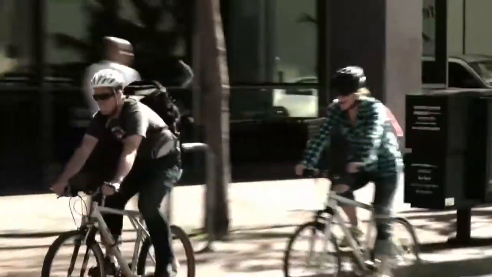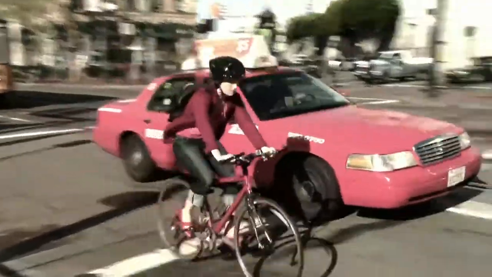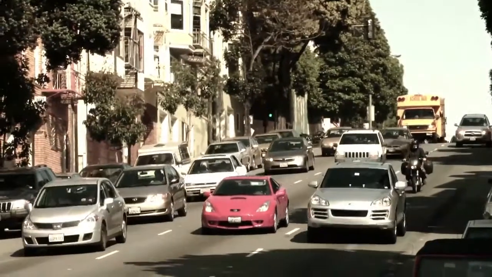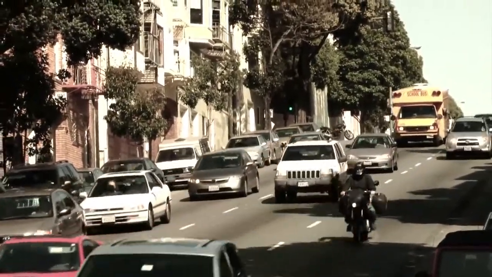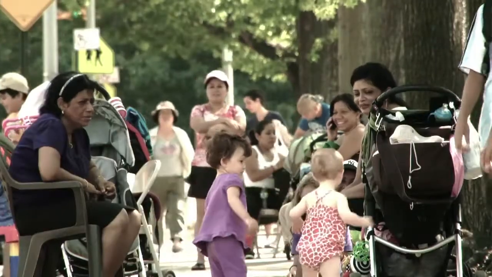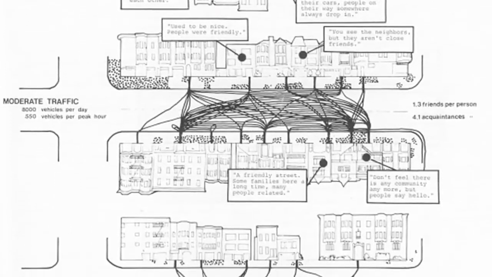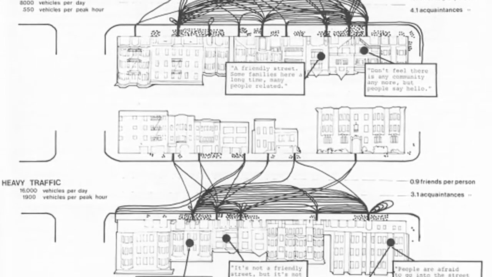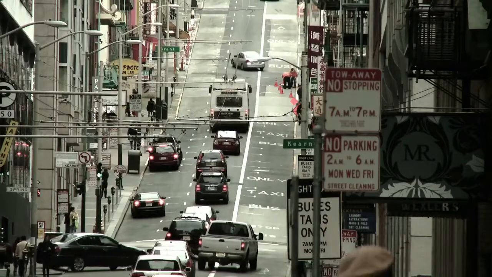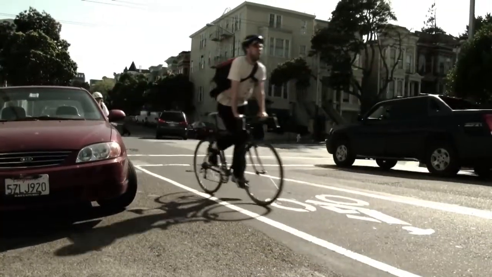And what Donald Appleyard was able to show, that just the mere presence of cars with the envelope of danger that they project around them, and the noise and the pollution, crushes the quality of life in our neighborhoods. What's really interesting about the graphics in Livable Streets and what they really provided was it removed us from just looking at specific numbers of people being hit or killed on streets, but actually showing that there was this other way that we could measure the environmental impacts of traffic on neighborhood streets.